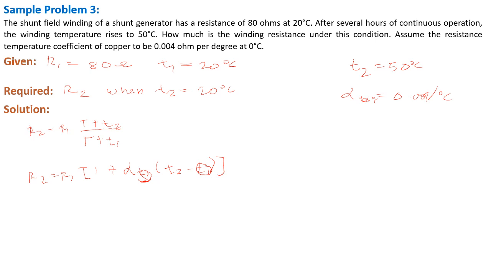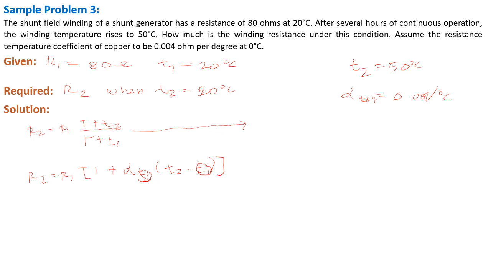So what we basically do is, as I have said, we can always use this formula, although this is not advisable. So it is assumed we will solve this using the inferred absolute temperature formula. Let's examine this formula. We have R1, we have T1, we also have T2. By the way, T2 is at 50 degrees Celsius. We have T1 at 20 degrees Celsius, R1 at 80 ohms, and T2 at 50 degrees Celsius. We don't have the inferred absolute temperature.